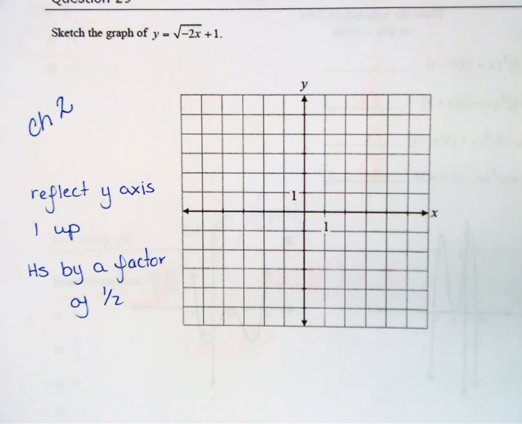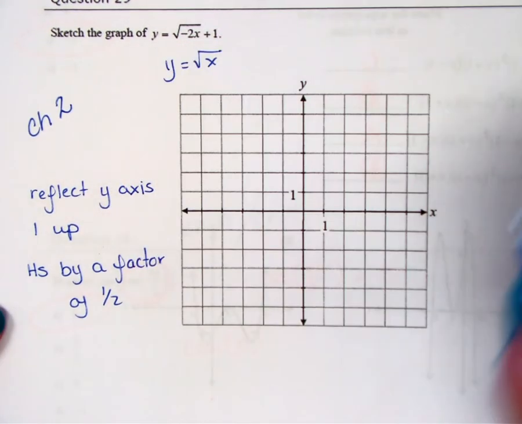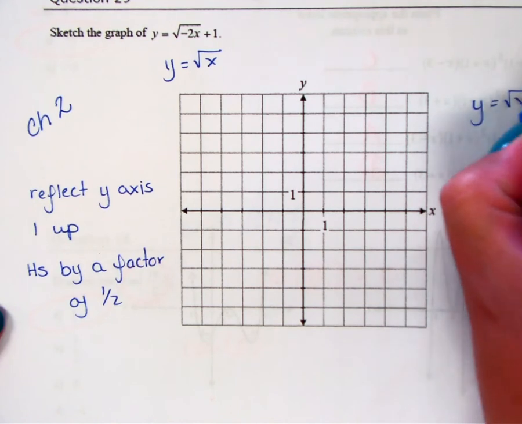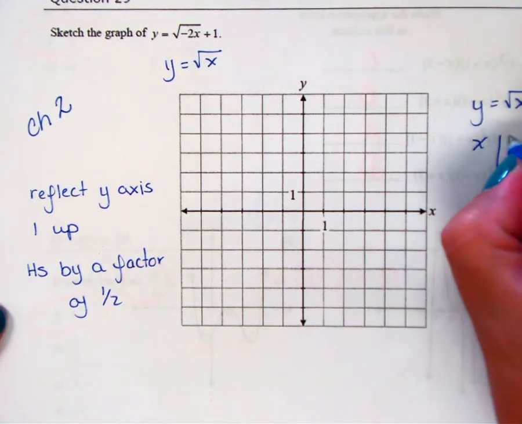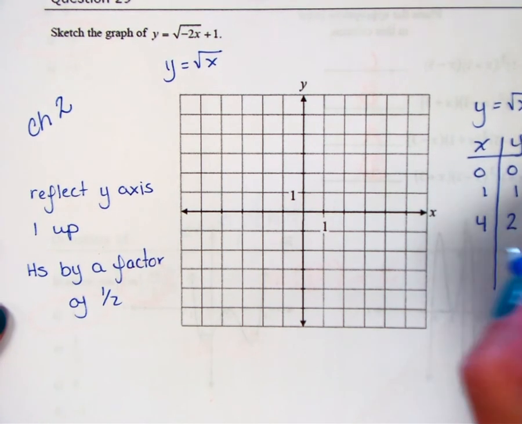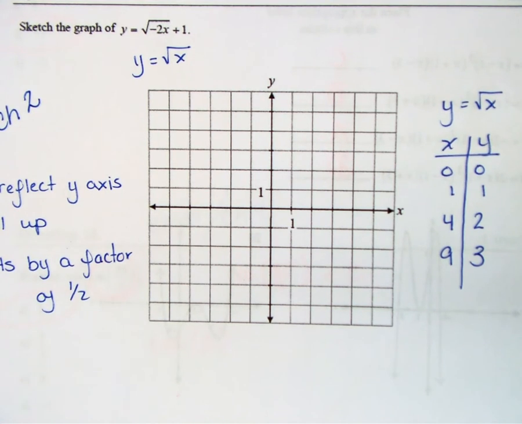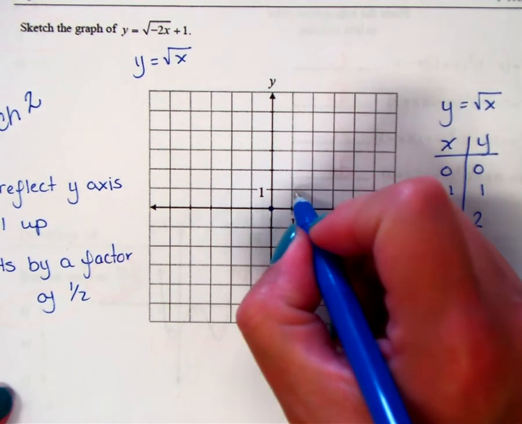So maybe totally do a table of values. There's 2 ways to do this. Yes, that would be the original. So y equals root x. So what's the table of values for y equals root x? Right? That's our original table. So if we were to graph that,